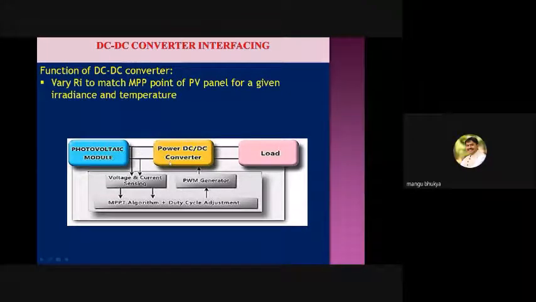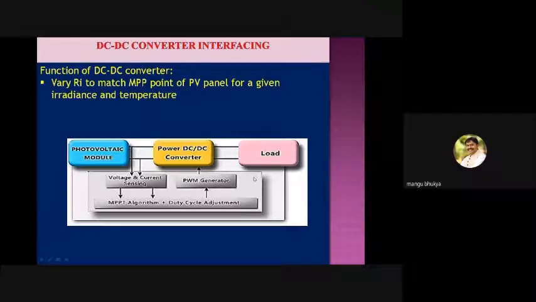So this unit will play a dual role. Sometimes it will play as an MPPT tracker, and sometimes it will play as a charge controller. Charge controller means what? You know that current is nothing but a flow of electrons, and the electron has a negative charge. So a charge controller is controlling the flow of charge in a battery, or a capacitor, whatever.